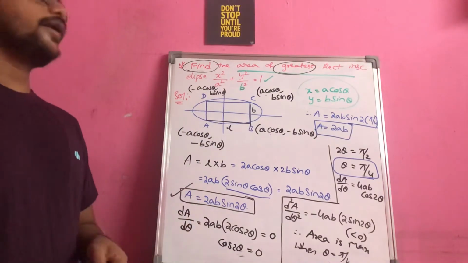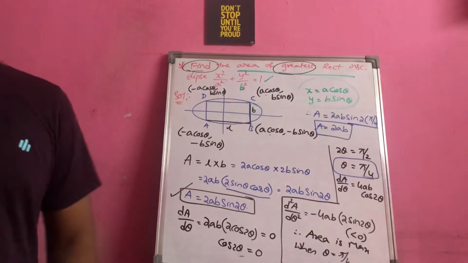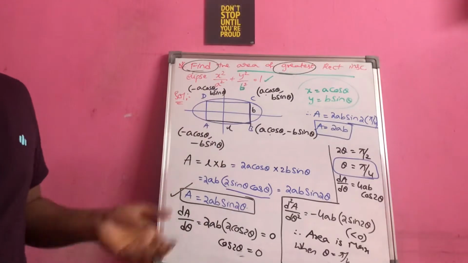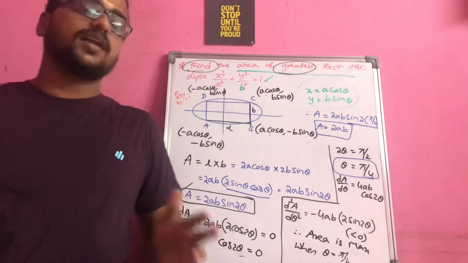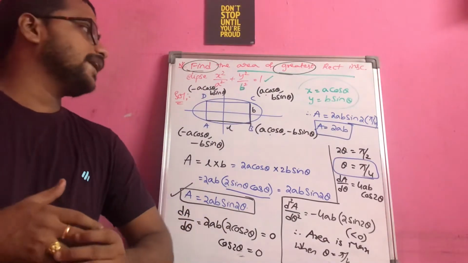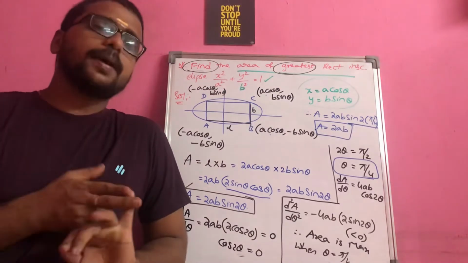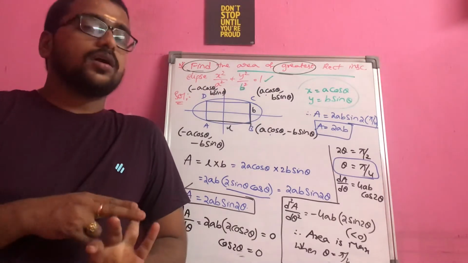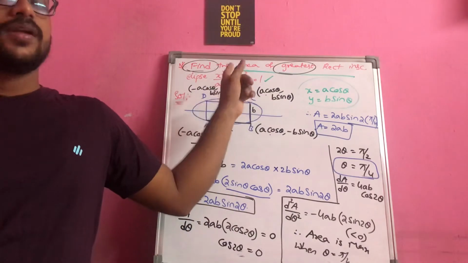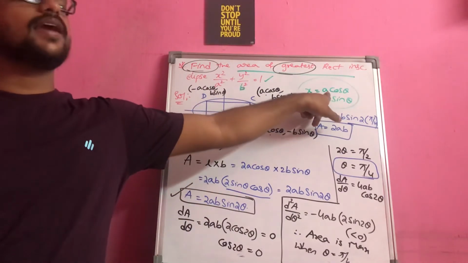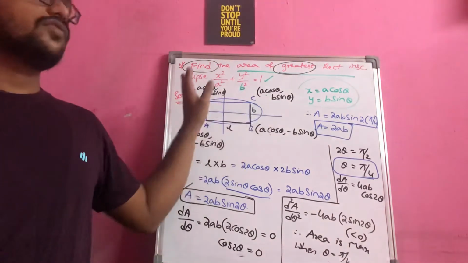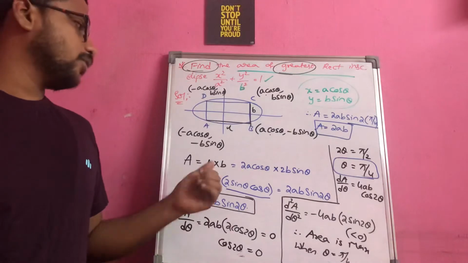So the only point you have to remember here is, whenever you have any shape, it may be a rectangle, it may be a triangle inscribed in an ellipse or a circle or a parabola also. The point you have to remember is mainly what is the parametric equation and what is the value of a square. Sometimes they will give you constants here, then you have to substitute the value of a as a constant. So you just have to get the points or the vertices correctly and then use the appropriate formula.